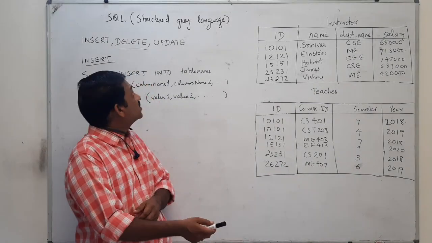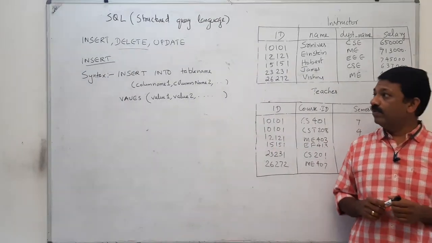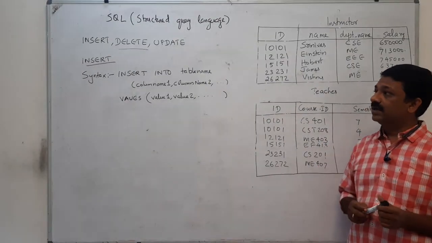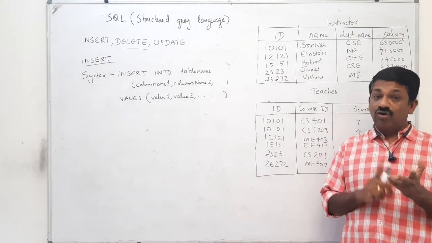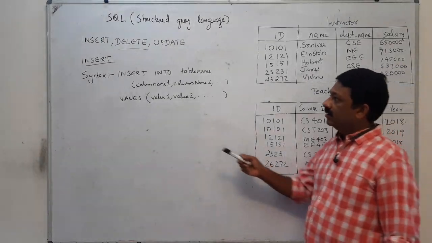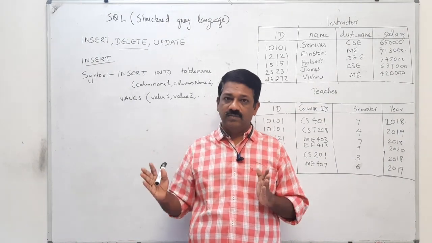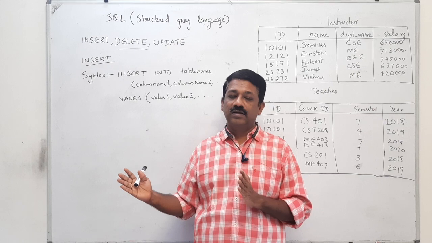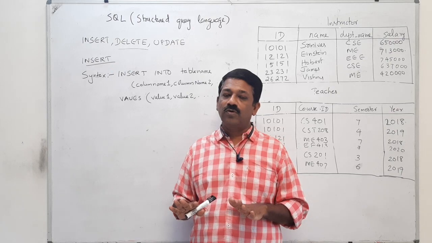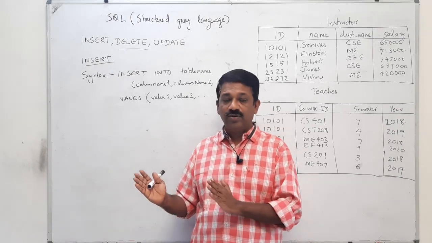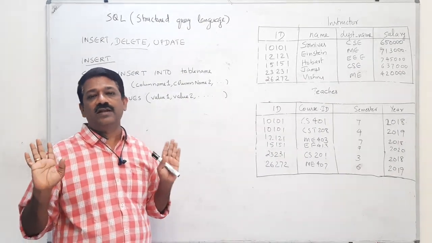Today we are going to discuss insert, delete and update statements in SQL. These are not data definition languages, these are data manipulation. Actually, data definition language includes create table, drop table and alter table. If you want to create a table, you can use create table. That means an empty table is created. And if you want to drop the table, drop followed by table name. That means that table will not be there in the database anymore.